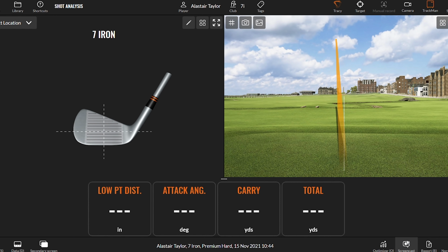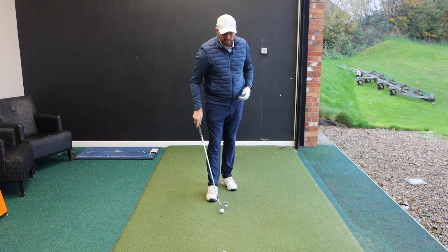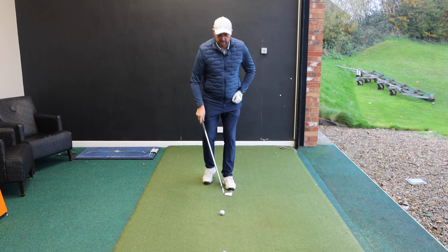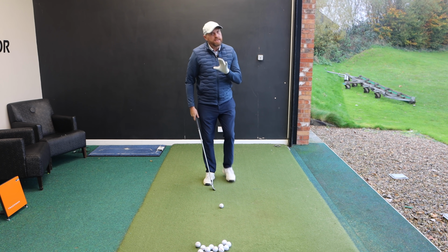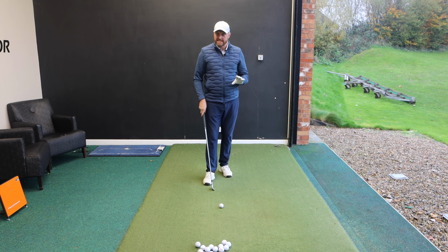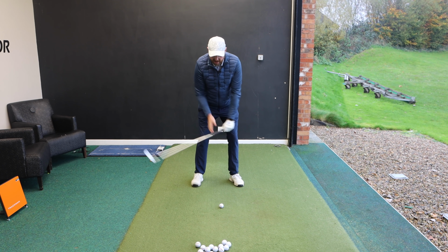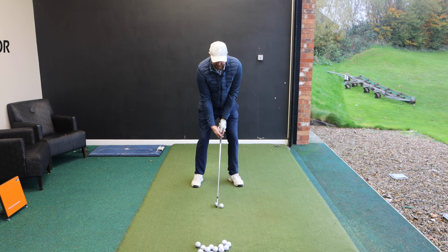A little bit handsy through the bottom for me, but a good strike. Again, 3.9 inches ahead. Club travelling down 4.4 degrees. That one's gone a bit further. Probably a little bit of a low spin shot, to be fair. But I know even for me, that's something I need to be more consistent with. Because like I said, when I get a little bit lazy, I definitely don't feel as much pressure into that lead foot, and my shot becomes